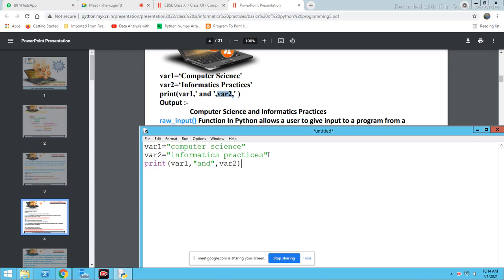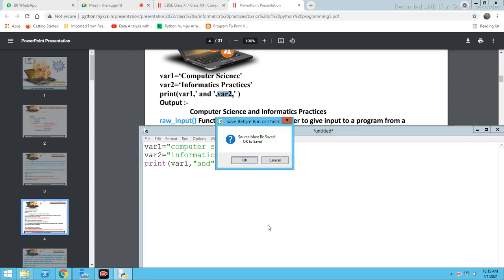See, every variable which we will take, that will be in the form of whatever we have written in the variable, whether it is in capital or small, the same word we are using in the output. If there is any difference, then it will not print, meaning we will not get the output of that. Understand?